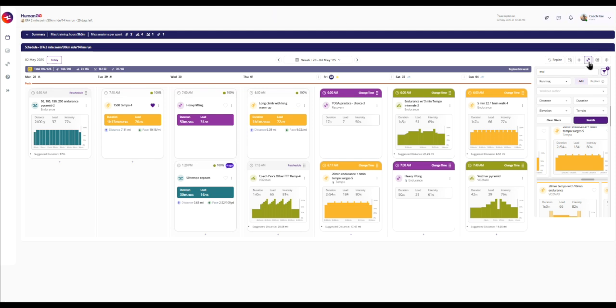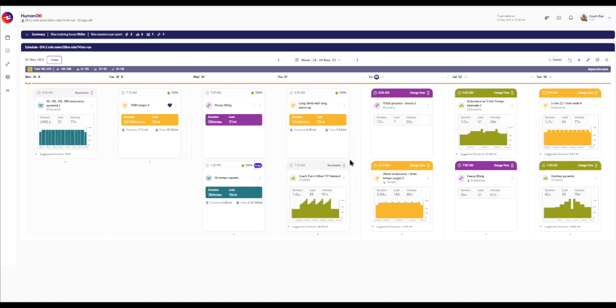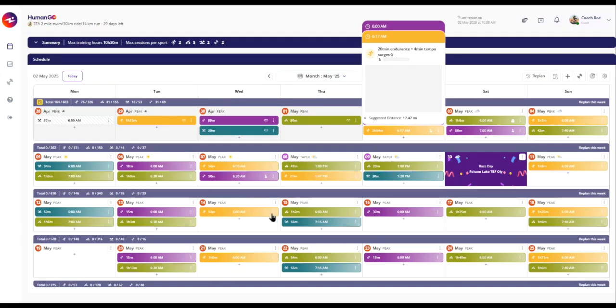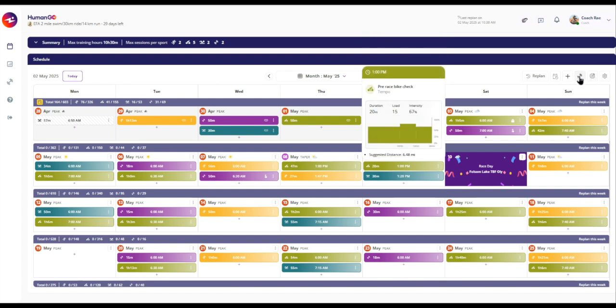I can close that out here. And now I have a new workout added to my training week. So over and above using the workouts icon to add a new workout to my schedule, I can also edit